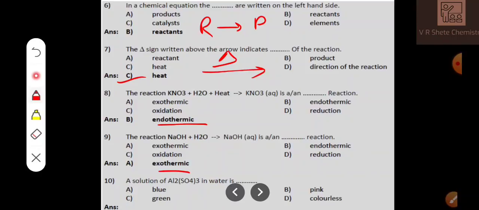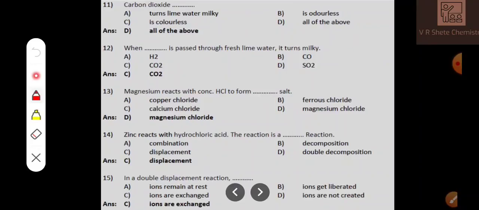A solution of Al2(SO4)3, aluminum sulfate, in water gives a colorless solution. Next, carbon dioxide turns lime water milky; it is odorless and colorless. When carbon dioxide is passed through fresh lime water, it turns milky, as we have just discussed. Magnesium reacts with concentrated HCl to form a salt. It forms magnesium chloride. When magnesium reacts with two HCl, because the valency of magnesium is 2, it will form MgCl2